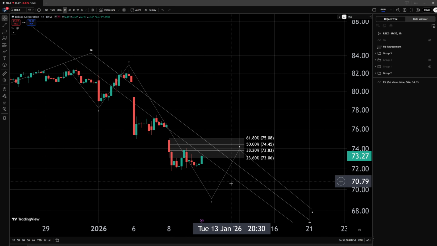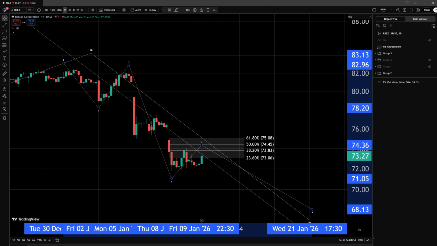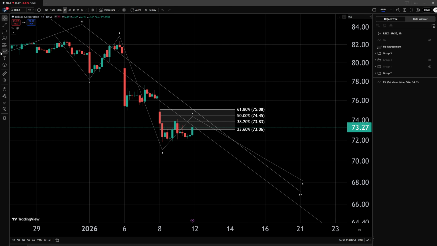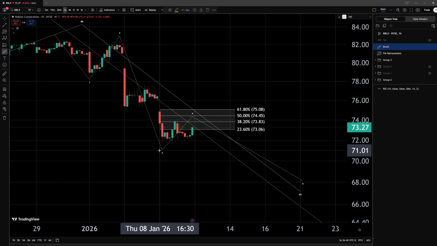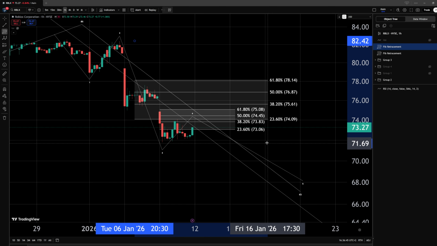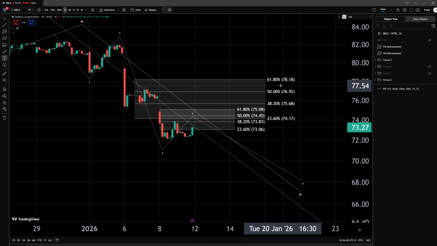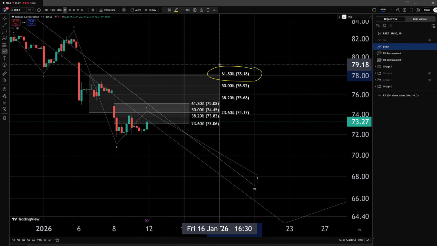But to me, this is not the most relevant area of resistance to be tracked, because I could see this get a break in a small time frame very easily. Just some positive outlook may change everything, at least within this time frame. But for a more clear signal that the pattern is not going to extend lower within this count, I would need to see a break in the interpretation where this wave 3 would already have a bottom in place. For that, I would need to see a break above the internal wave 4 correction, and for that we need a much higher resistance area that goes from the $74 level all the way up to the, whoops, not the correct tool, the $78 level at the 61.8% retracement.